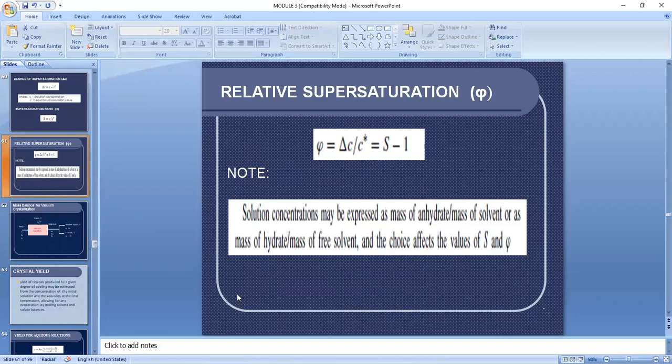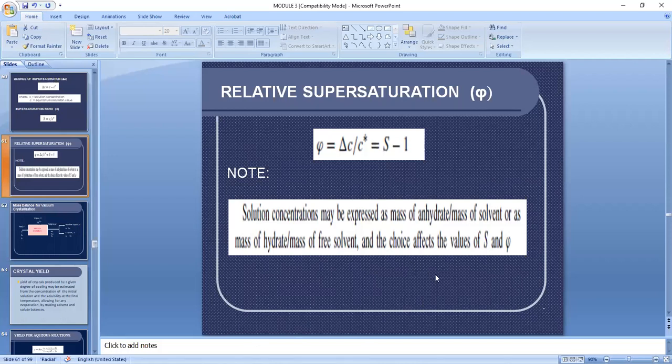Now, how do we express the solution concentration? Solution concentrations may be expressed either in terms of the mass of the anhydrate, the material without the water, and the mass of the solvent, or as mass of hydrate, the material with the water, and the mass of the free solvent. As to what particular set of units we use for our concentration, that will be dictated by the problem